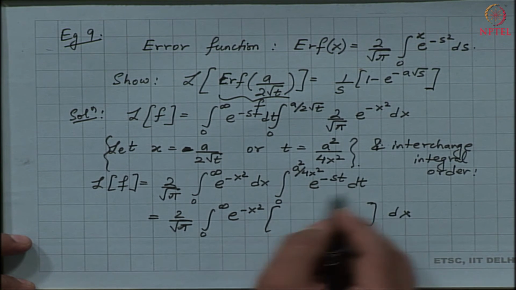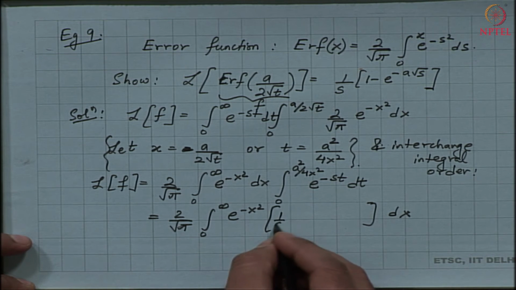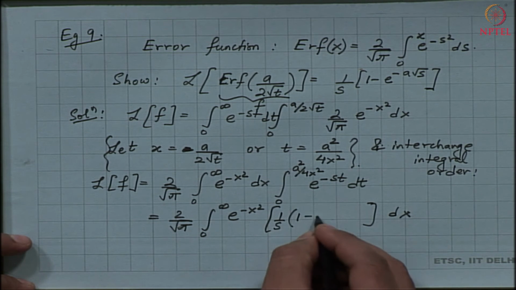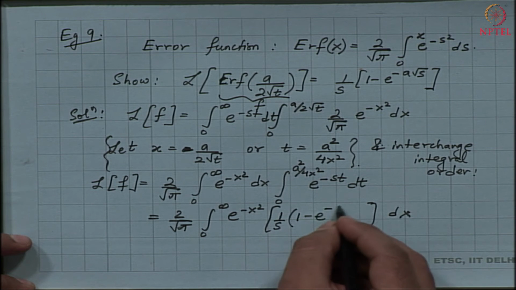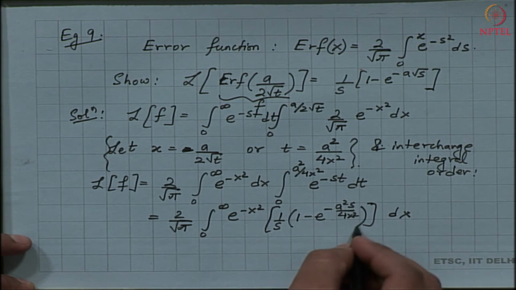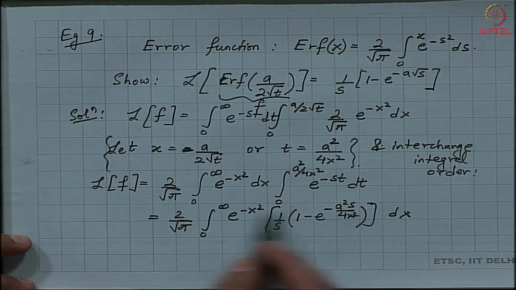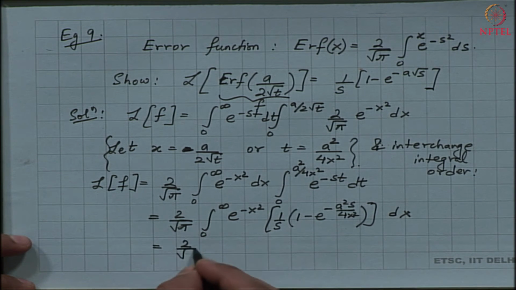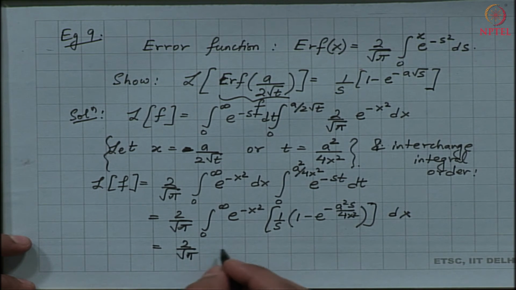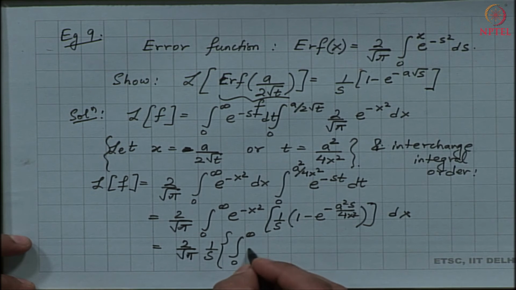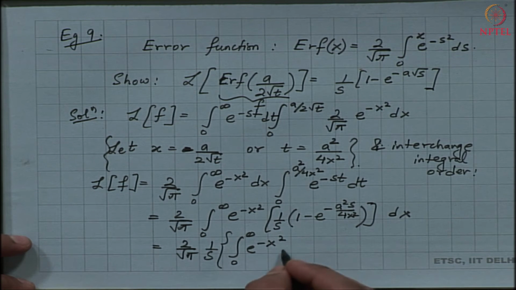So, when we integrate, I get this equal to 1 by s times 1 minus e to the power negative a square s by 4 x square. Okay. So, notice that this is now a single integral with respect to x. So, this will be 2 by square root pi, and I take this s common out, and I get two integrals. The two integrals are e to the power negative x square dx